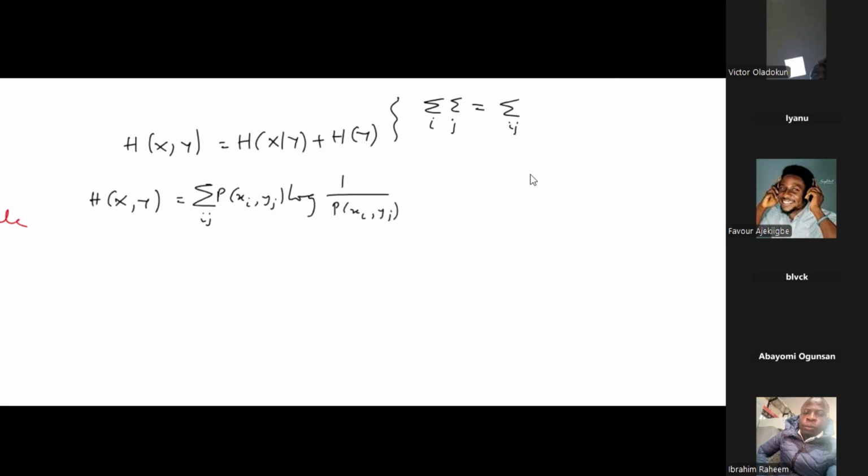Base 2. Let's just assume we are working in base 2, so I don't need to be writing base 2 over and over again. And we already know that, by laws of logarithm, this is the same as negative sigma ij, the joint probability, p of x sub i, comma, y sub j,